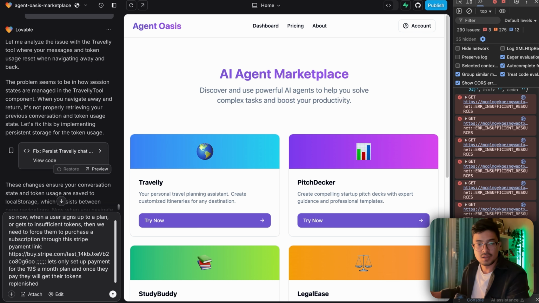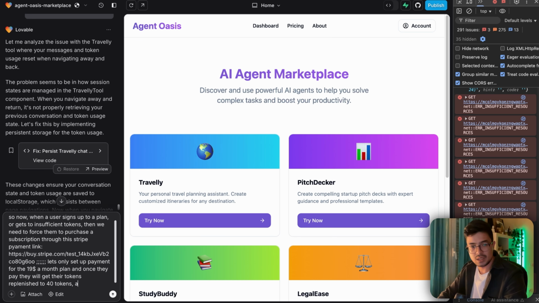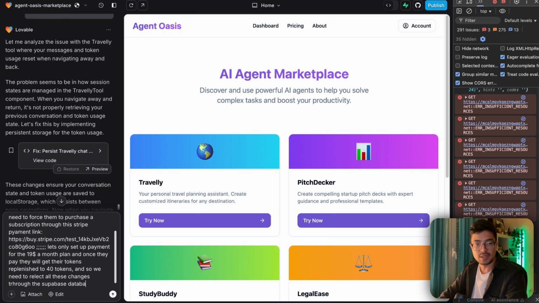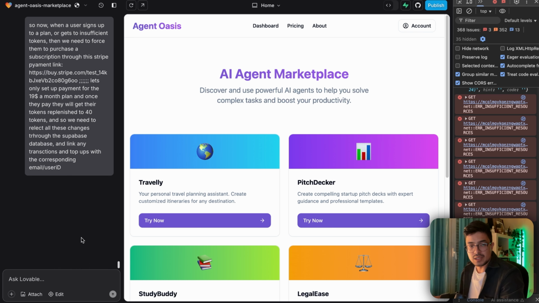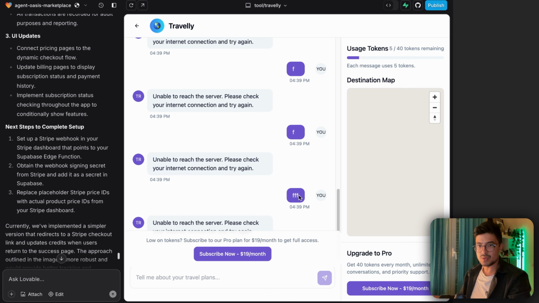Okay. How many tokens was it? 240 tokens. Sounds good. And so we need to reflect all these changes through the Supabase database and link any transactions and top-ups with the corresponding email/user ID, something like that. Let's click enter. Okay, so now if we go in here, I send a couple messages so that we go